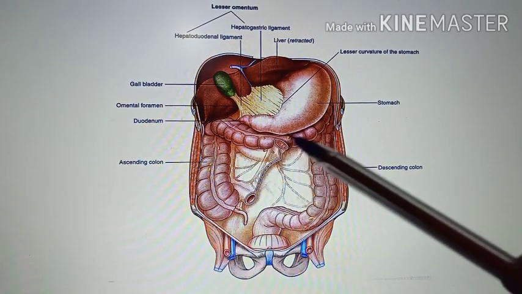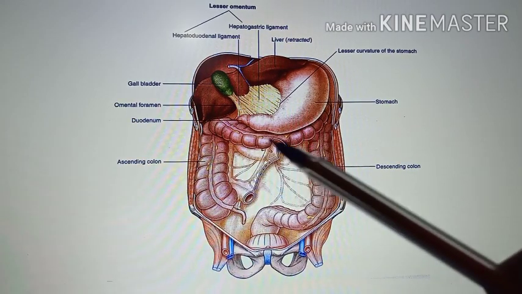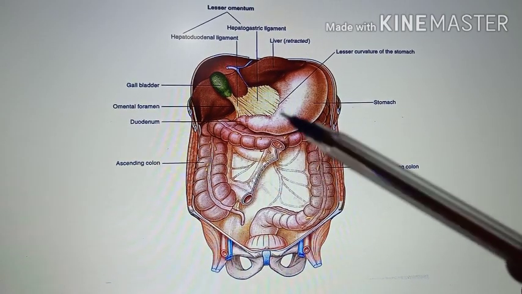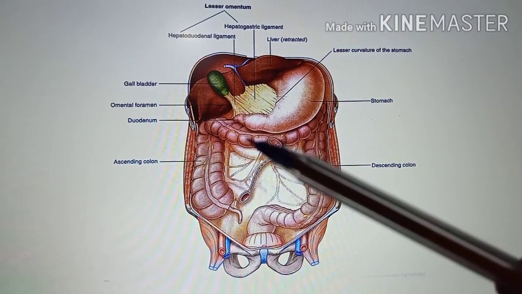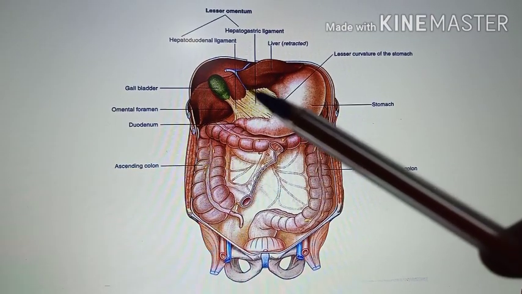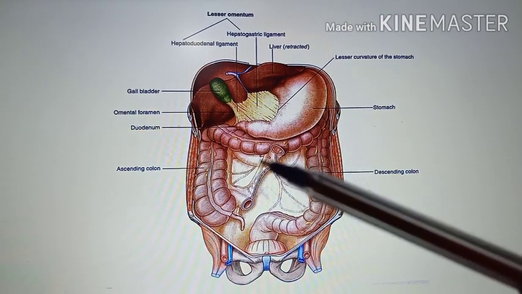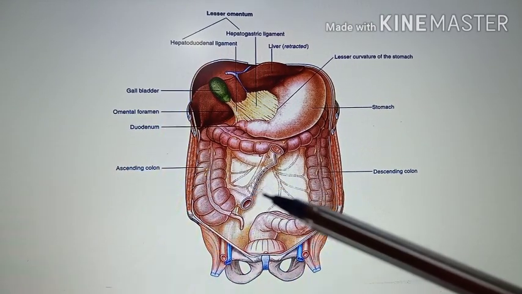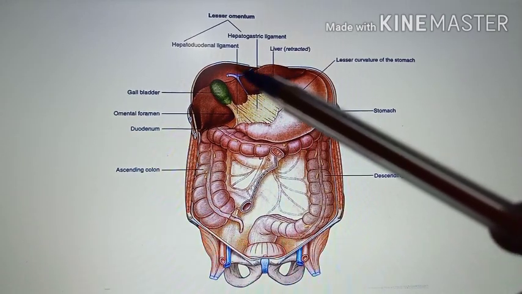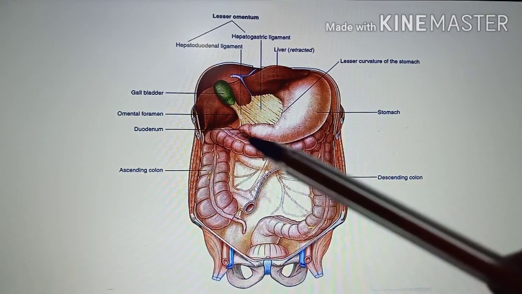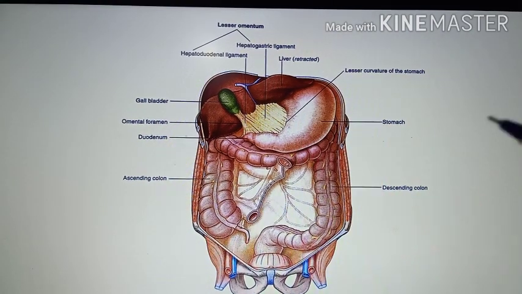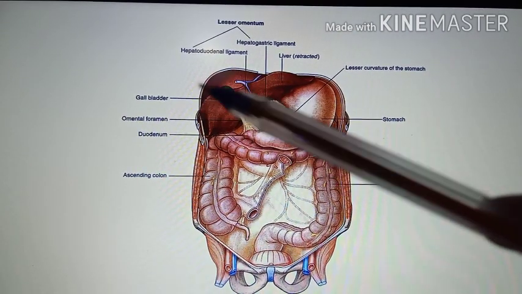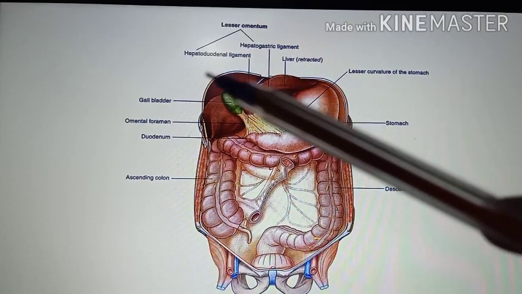This transverse colon along with the transverse mesocolon is dividing the peritoneal cavity of the abdomen into upper, that is the supracolic compartment, and below you are having the infracolic compartment. This supracolic compartment, above this transverse colon, is largely under cover of the costal margin as well as the diaphragm.